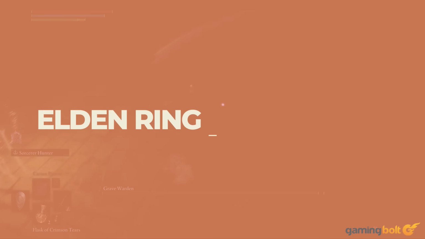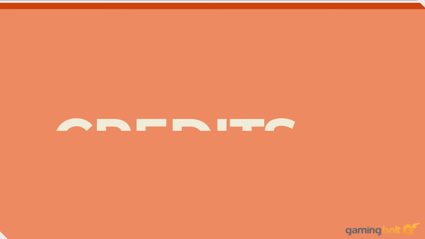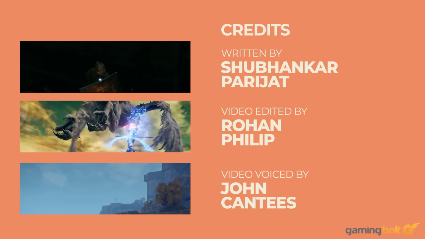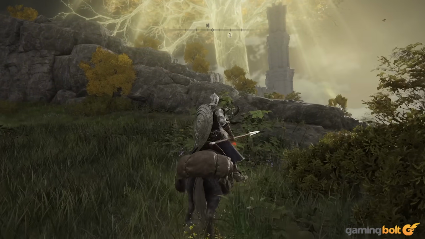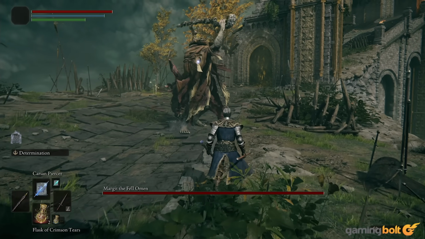Boss fights are arguably the biggest draw of any game made by FromSoftware, and it's clear that's very much going to be true in Elden Ring as well. The upcoming action RPG does, of course, have plenty else going for it, from its open world setting to the fact that George R.R. Martin worked on it, but even so, the boss fights are going to be a crucial